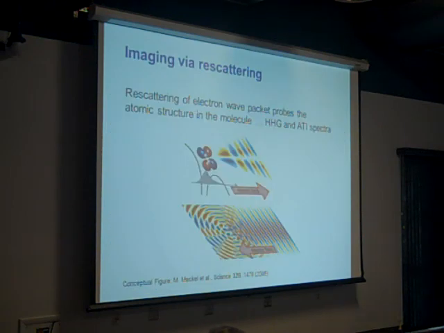Now you can also use this rescattering electron wave packet to make imaging. That is the next step. If the electron leaves and comes back, you can show numerically that it comes back almost as a plane wave, and then you can use this whole thing as an imaging tool. If it scatters, for example, on a diatomic molecule, you would expect interference spectra, and Reinhard Dörner and Volkov have explored recently what you can read from these kinds of diffraction patterns. Or if this electron wave packet recombines in high harmonic generation,